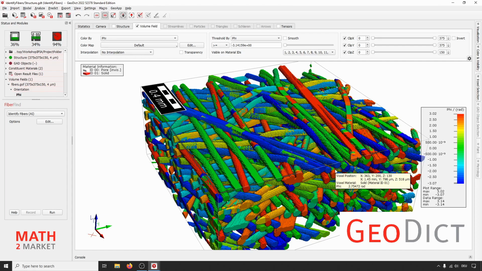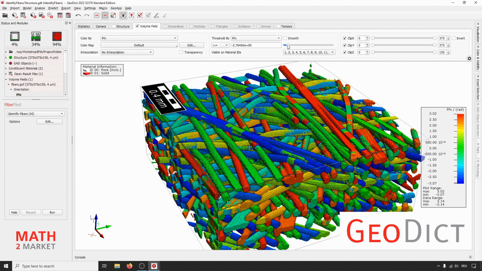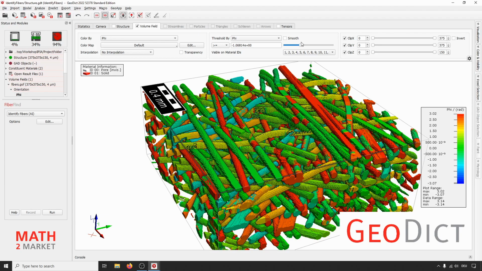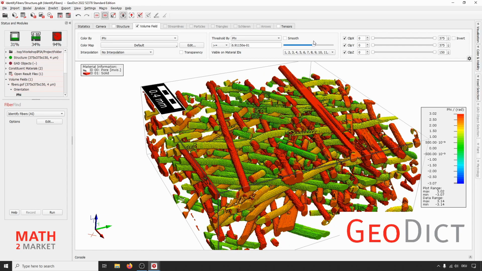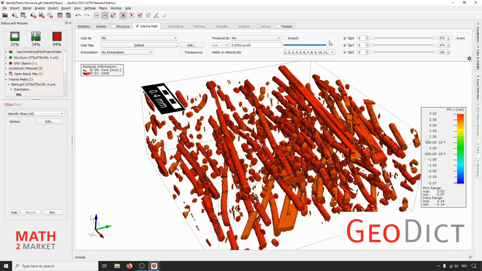The file which was computed with estimate fiber orientations was a lot more noisy, but this one here is based on the identified fibers, and therefore it's not that noisy. And even if you threshold through here, you see that there are individual pieces of the fibers which are labeled to one orientation.